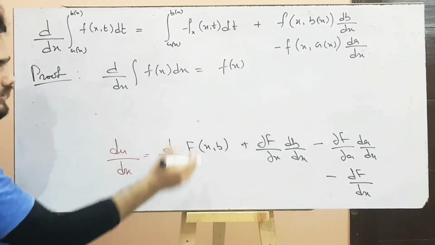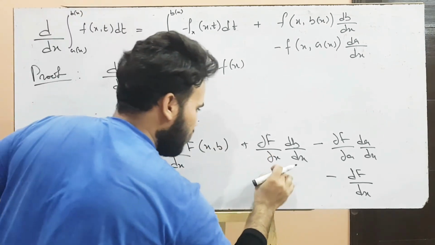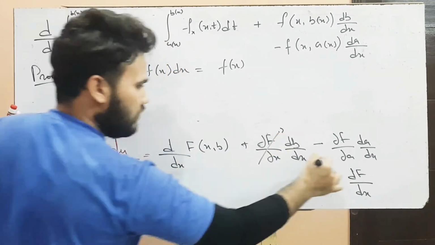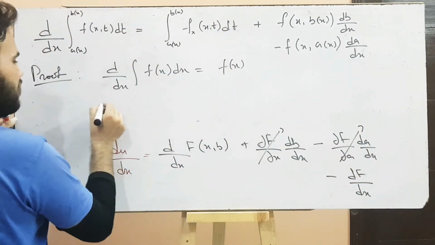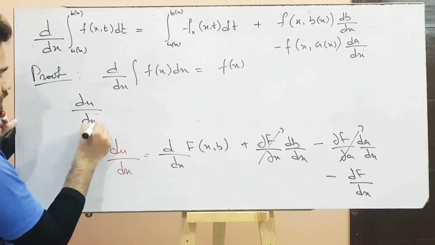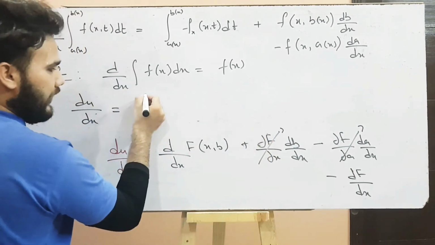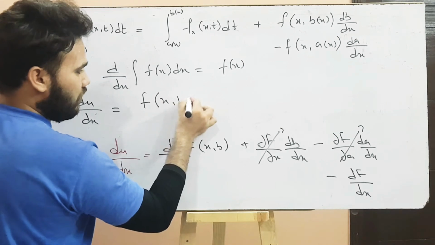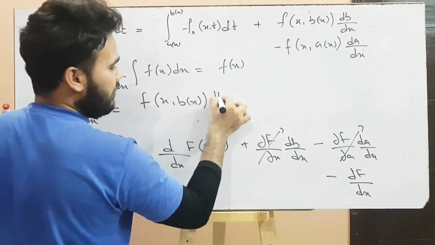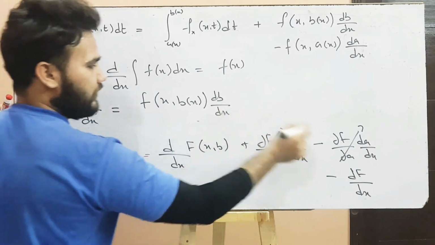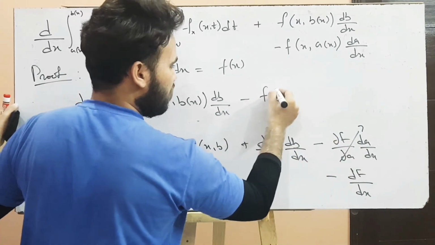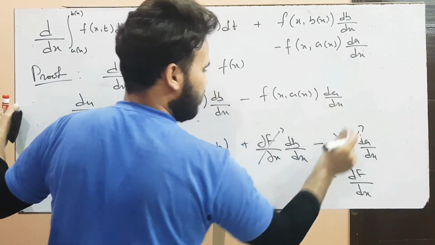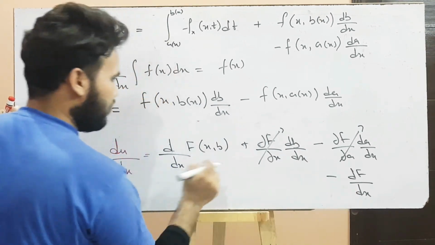This is a very fundamental result, and I am using it up to here. So du/dx is equal to f(x, b(x)) times the derivative of b with respect to x, minus f(x, a(x)) times da/dx, and these two results